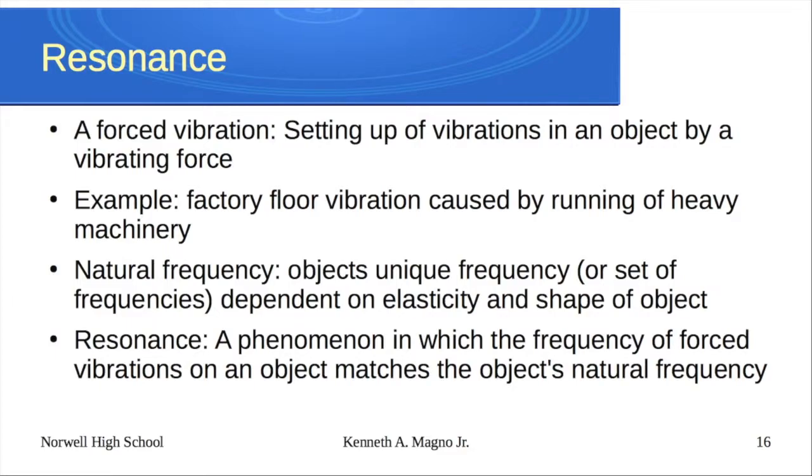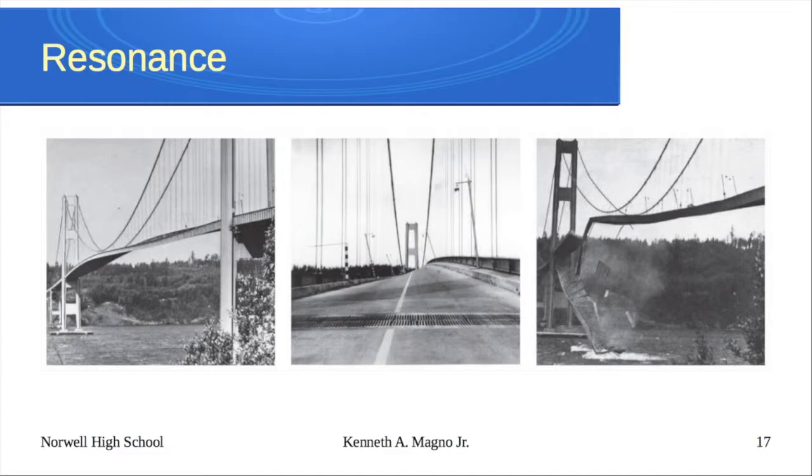Well, these natural frequencies, these forced vibrations, can be bad if it happens in the real world. A prime example of this is the Tacoma Narrows Bridge. This was a bridge that, just because of the way it was designed, its natural frequency was just about that of the 40-mile-per-hour wind that seemed to come down through the Tacoma Narrows, through this river valley. Over time, with this light wind, 35 to 40 miles per hour, just tapping on the bridge, it eventually tore the bridge apart. So we're not talking about hurricane force winds. We're talking about light winds that we get here on a regular day, just tore the bridge apart over time because it caused it to start resonating.